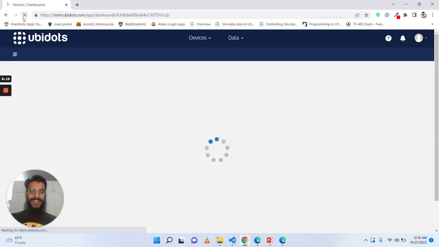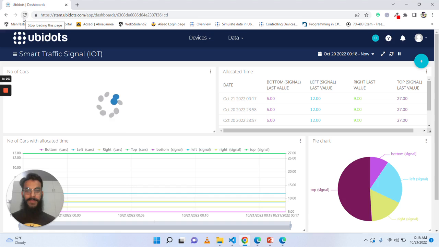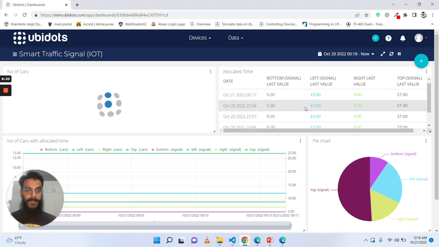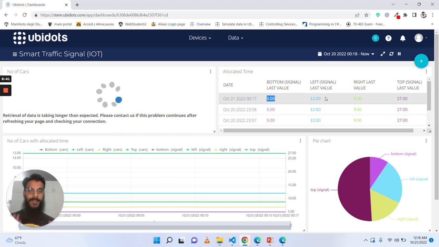I hope it will retrieve my data, because sometimes it is very slow. As you can see, one table, one widget is still uploading, but the others have the allocated time of 5 seconds for the bottom, as I uploaded the same images and the number of cars is the same.